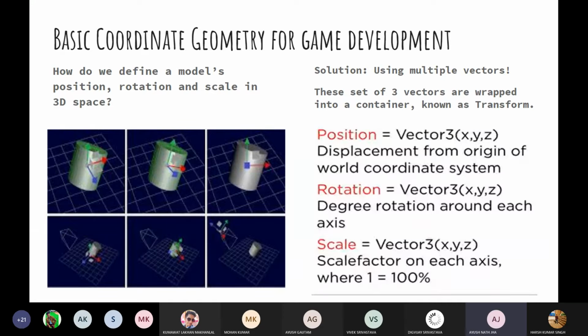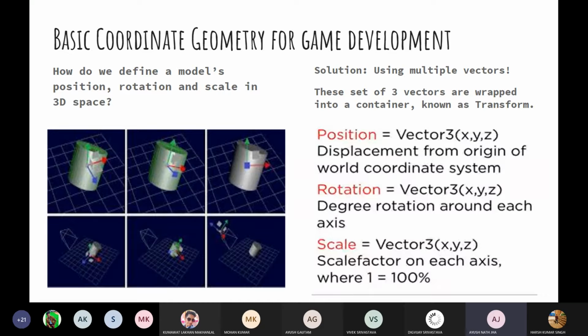This transform represents three components of any 3D model or anything that you place in the environment. One is the position, represented by a Vector3 (x, y, z), which is the displacement from the origin of the world coordinate system. Then we have rotation, which is also a Vector3 (x, y, z), the degree of rotation around each axis.